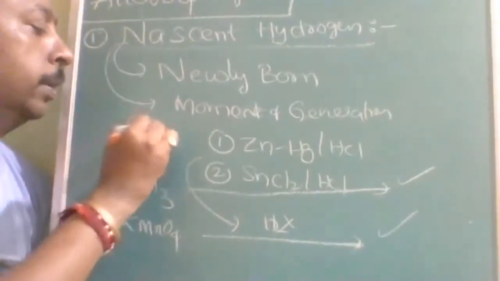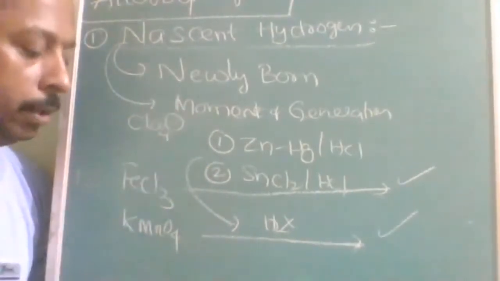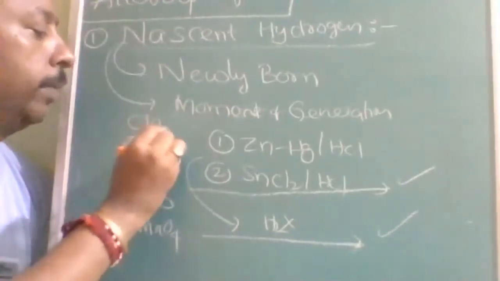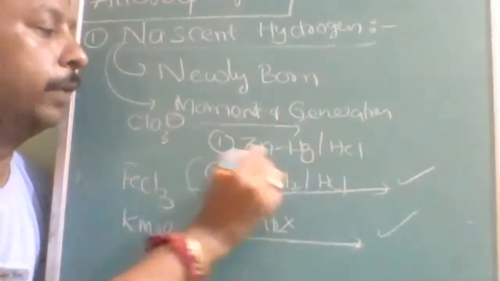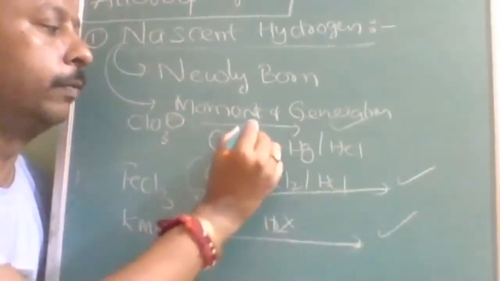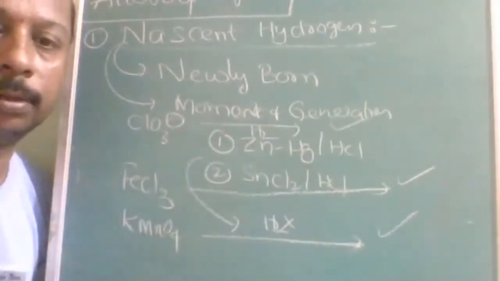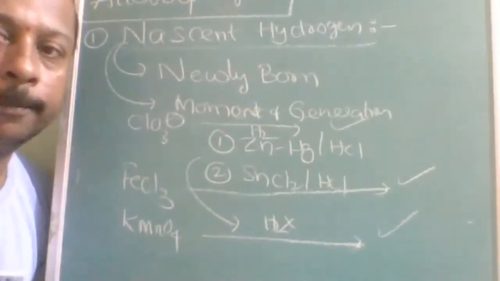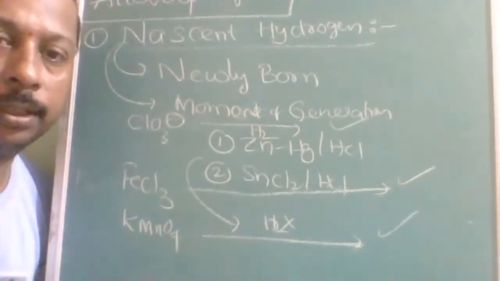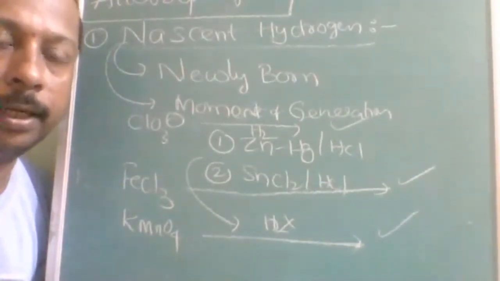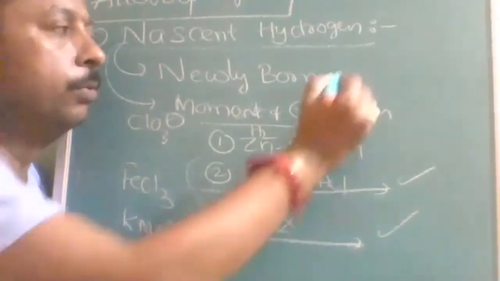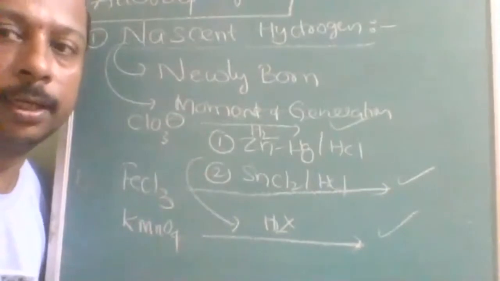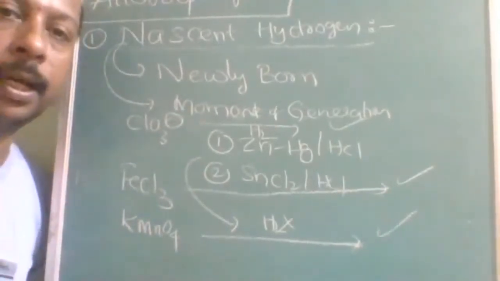Perchlorate will be ClO4, okay, and ClO3, chlorate or perchlorate. If I write ClO3 minus, this reduction, if I write nascent hydrogen on them, then it is okay. If I write H2, no reaction possible. Okay. So that is the difference between nascent and molecular hydrogen. So wherever we require high reducing property, the reducing property of nascent hydrogen is more than molecular hydrogen because of its high reactivity.